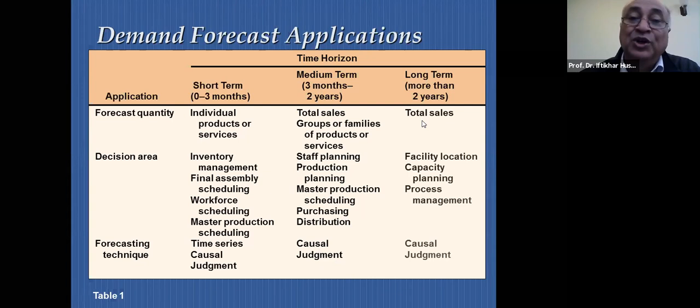In the long term, total sales, the decision area. Once you know that the